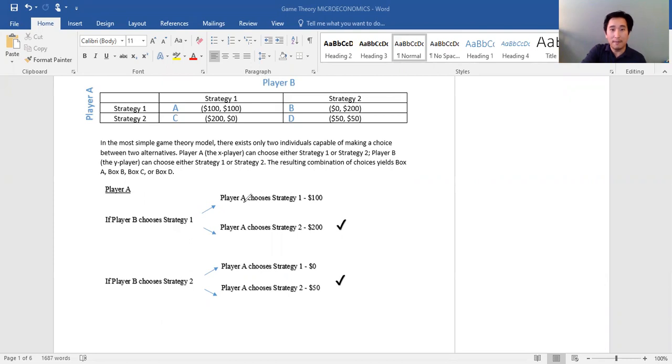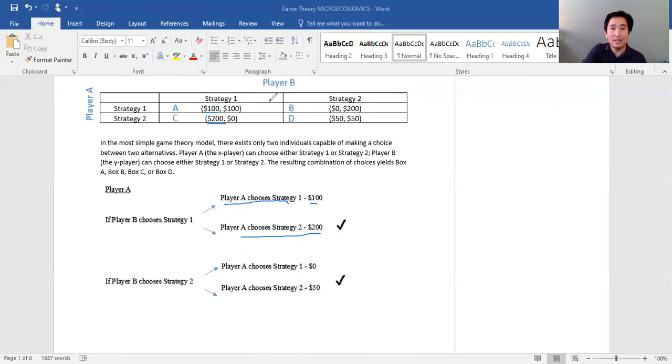So again, let's say that player B chooses strategy 1, then player A can either choose strategy 1 and get $100 right here. So that would be the X value right here. Or player A can choose strategy 2 and get a $200 amount right here. Now, clearly the $200 is better than $100, so that's why I have a check mark next to the $200